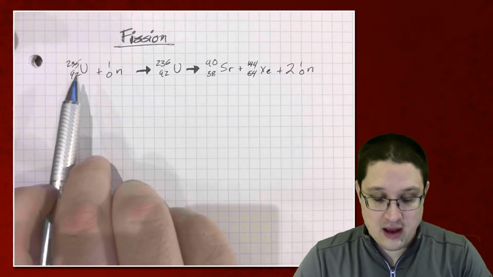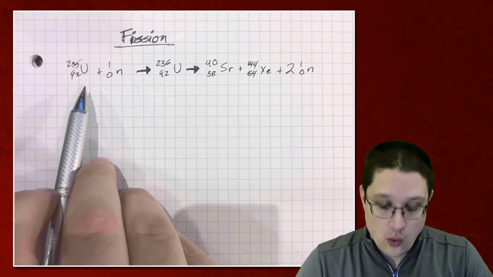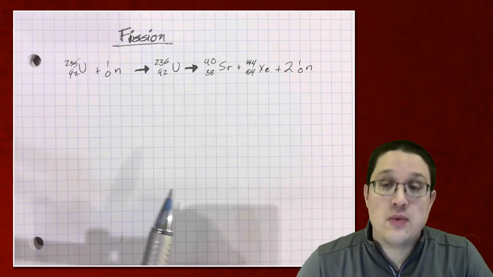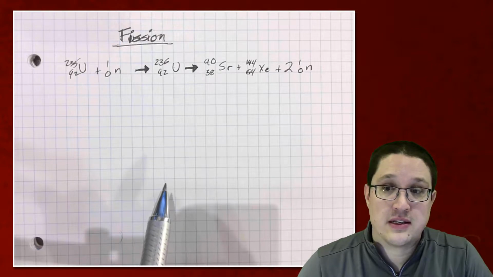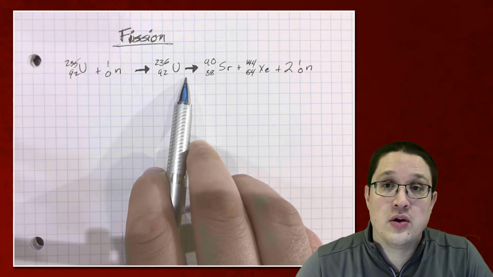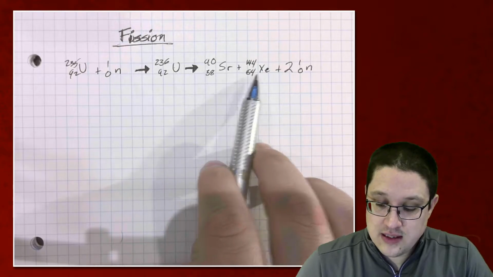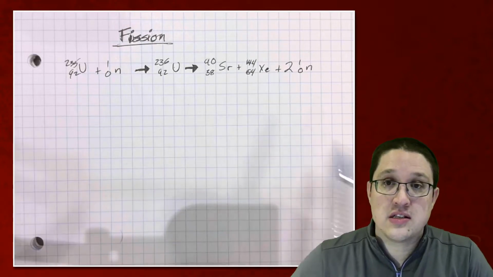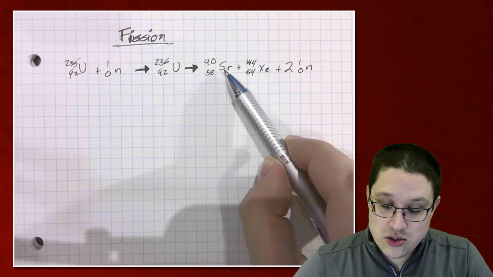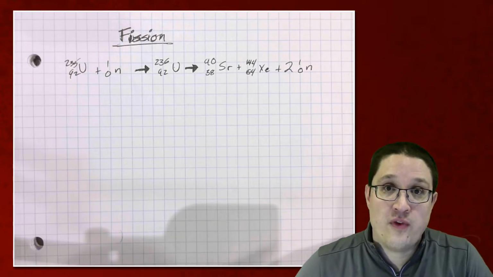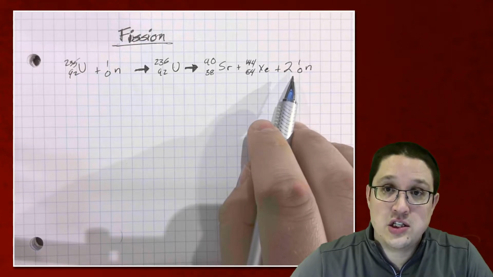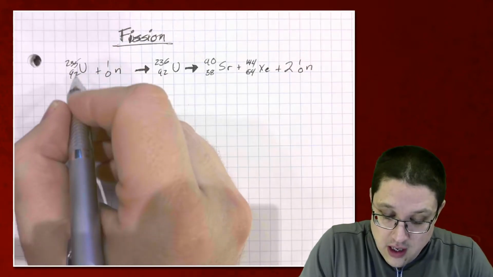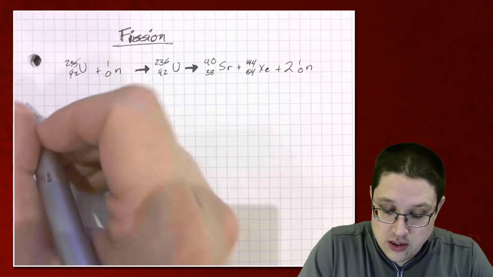So in this case, we have uranium-235, which is hit by a neutron, and that neutron is absorbed and it becomes uranium-236. Now, this immediately undergoes fission into several different chunks. So the two major chunks, what are called daughter nuclei, are strontium-90 and xenon-144 in this case, plus an additional 2 free neutrons. So to go through this, what I have is my starting, this is called my